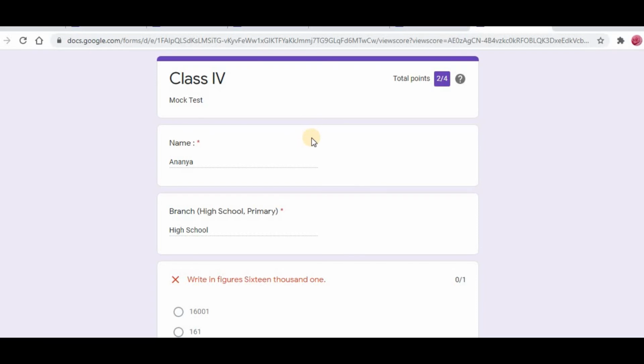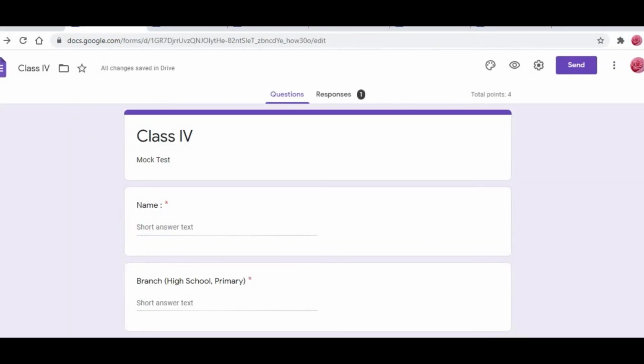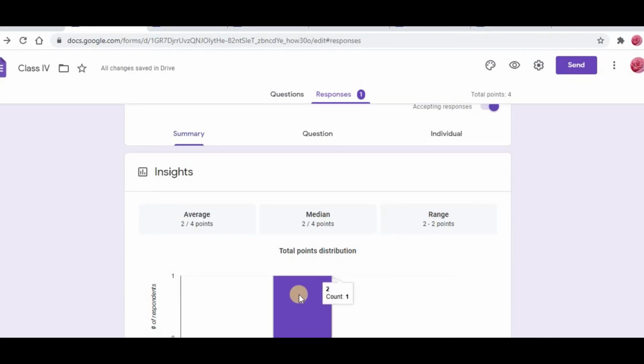Then you will get a doubt that how can I know this, right? So simple, you already created your Google Form in your account. So this is the class 4 form of Ananya's, and here if you remember, first we open Google Chrome and here we press Google Forms. If you press Google Forms here, automatically this page will open for you. Here if you observe responses, one is there. If you touch this, automatically you'll get it here very clearly. Summary means out of 4 questions how many she did correctly, and median is nothing but the average of that, because only one girl answered.